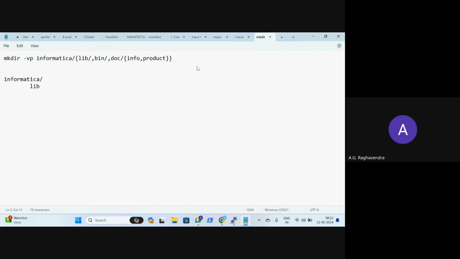Yes or no? Under lib, it is going to create a folder called bin. Under bin, it is going to create a folder called doc. Under doc, it is going to create subfolders called info and a subfolder called product. That means you can actually do it in one shot.